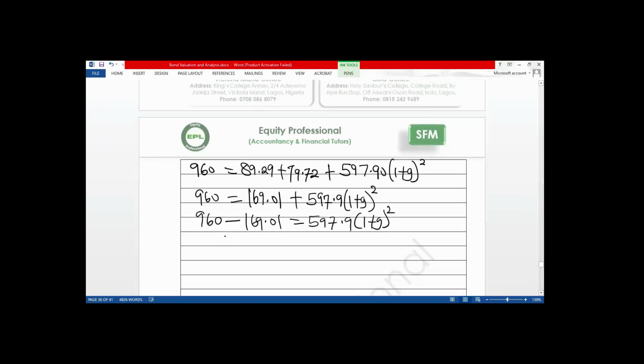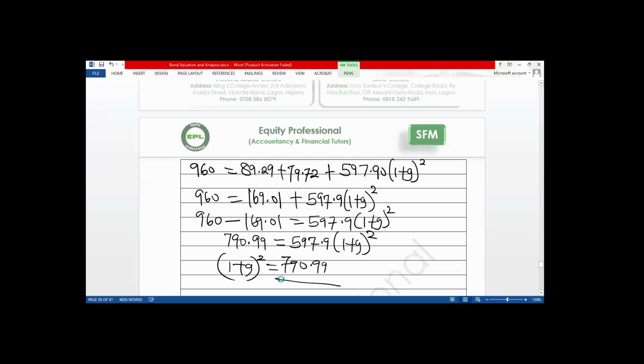This will give us 790.99. 790.99 is equal to 597.9 bracket 1 plus G raised to power 2. Then we can make 1 plus G the subject of the formula. That is, 1 plus G raised to power 2 is equal to